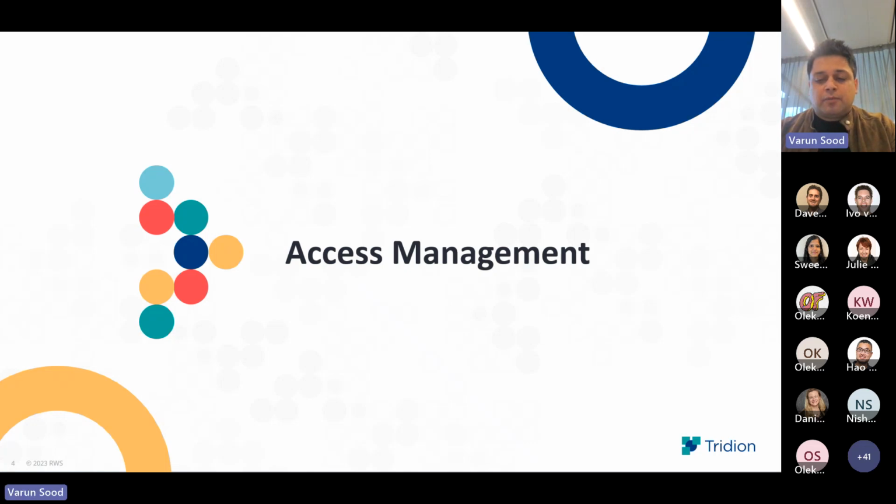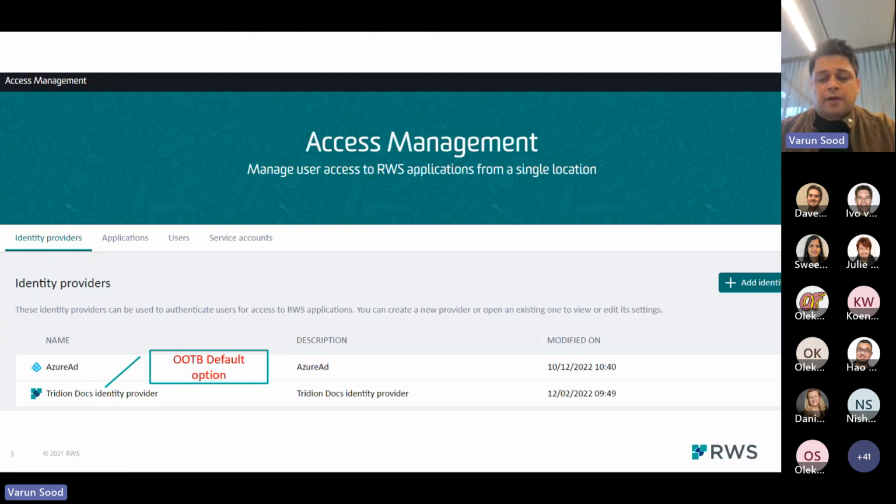As we've introduced modern authentication and access management for Tridion Docs 15, and this has been covered in great detail in the bootcamp session 1 and day 1, I'll just give you a quick recap on how we provide access to users in Tridion Docs 15 for collective spaces and client tools. So access management is a way to manage users' access for all RWS applications from a